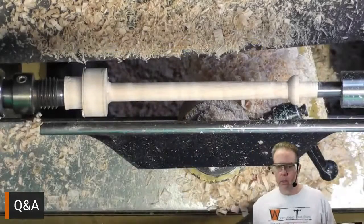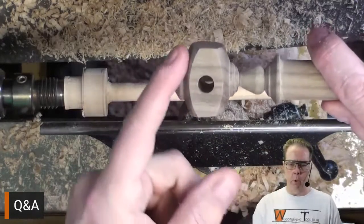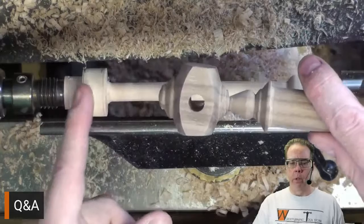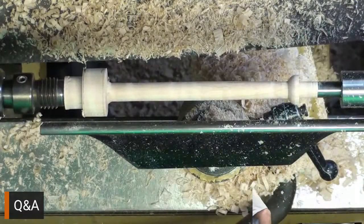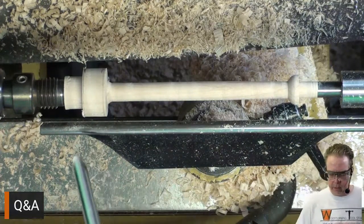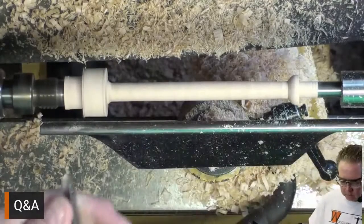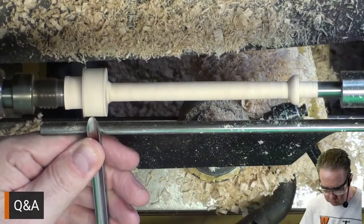And if we take a look at this guy, I did kind of try and do that here, little dome top. This is domed, and we put little buttons on it. So it's a little different than the picture, but I've got that curved top. So I want to do the same sort of treatment, maybe put a single button on top of the dome, kind of match it up a little bit. Okay, so it means we got to work at this end. Means I'm standing way off to the left side of the turning. So over to this side, and to get my body out of the way,